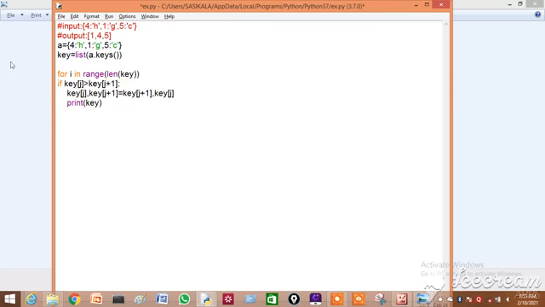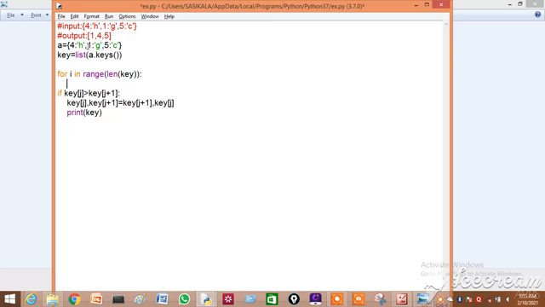In our dictionary we have 3 keys, so 3 times it has to do the comparison. Bubble sort means you pick one value and compare it with the remaining values. This for loop is for picking all the keys.